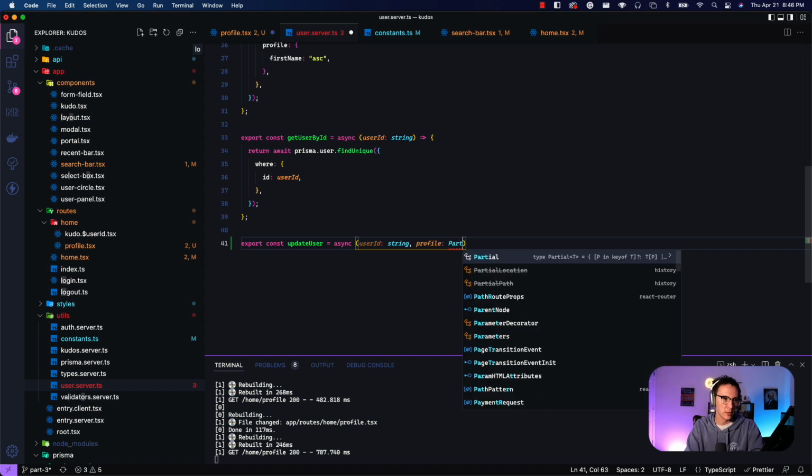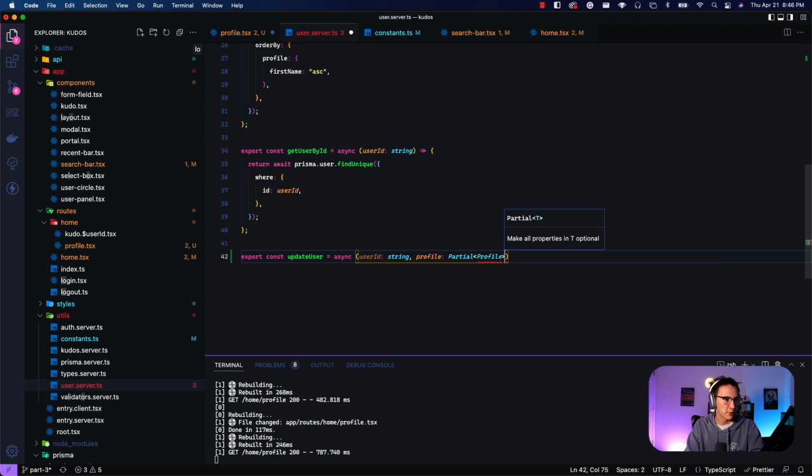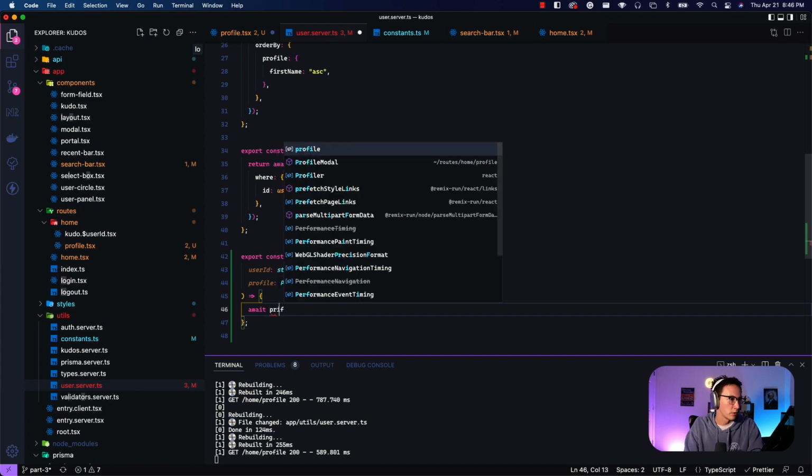And this is going to be a profile type from what Prisma generated for us, but we're only going to be passing in a partial type. So that means we don't necessarily have to provide the entire profile object. We might just give a first name or a last name. In our scenario, we are going to be giving it the entire object, but this would just be for a more flexible function. So I like to write it that way just in case. And then this function is going to be pretty simple. We'll just do await because Prisma does return a promise, and we'll do